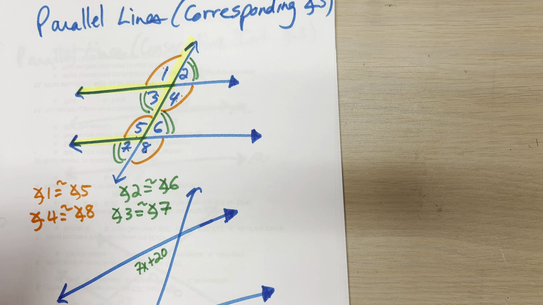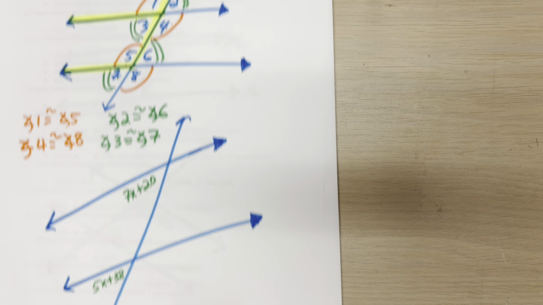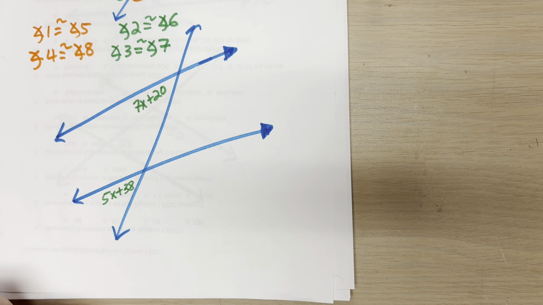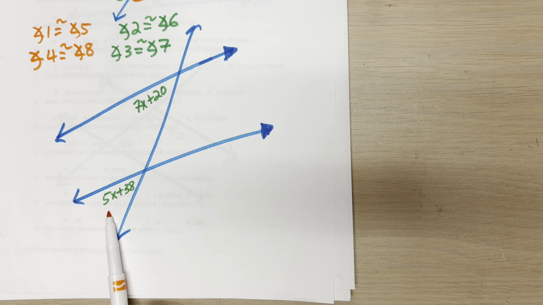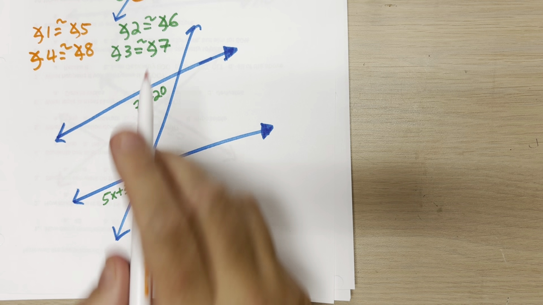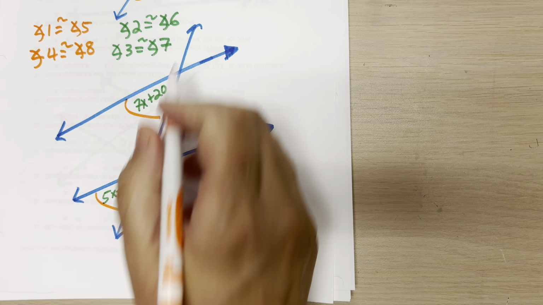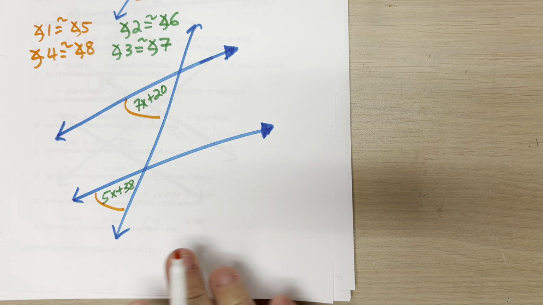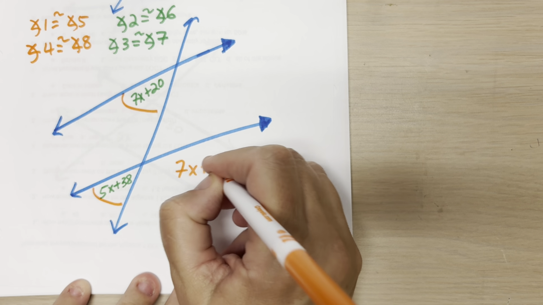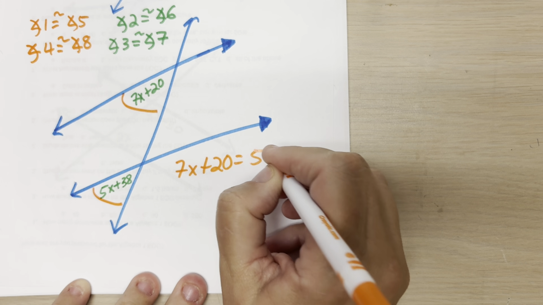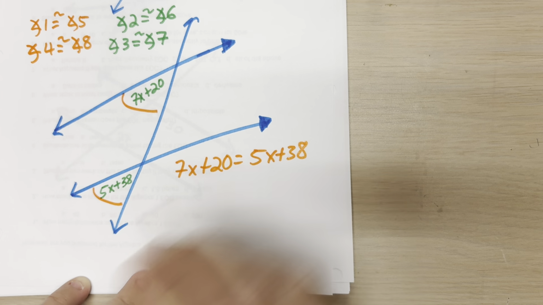Okay, now that we have all of that, let's apply it and see if we can figure out what x is and also what our angle measure is here. So we've got 7x plus 20, we've got 5x plus 38. They're both under the parallel lines on the same side of the transversal, so they are corresponding. That means they're congruent. So we have 7x plus 20 equals 5x plus 38,